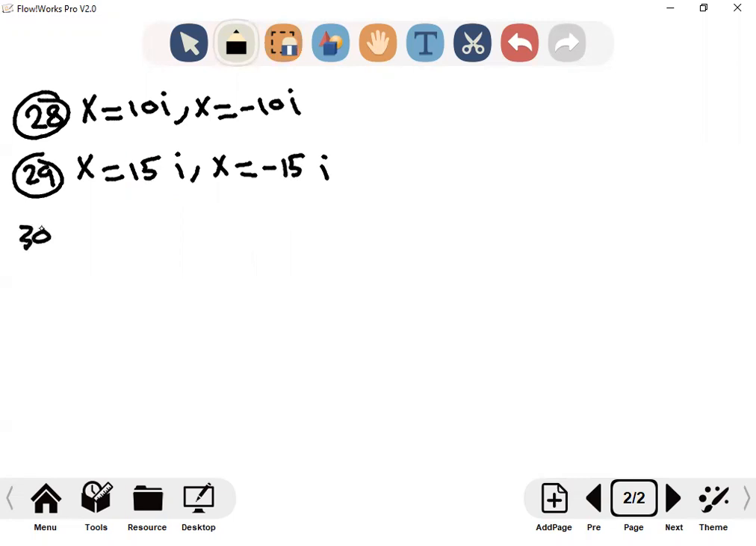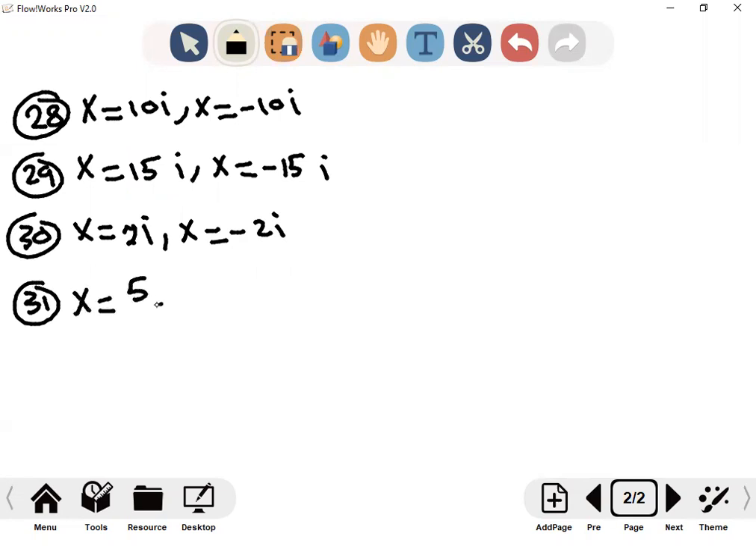30: x equals 2i, x equals negative 2i. 31: x equals 5 over 6i, x equals negative 5 over 6i. 32,